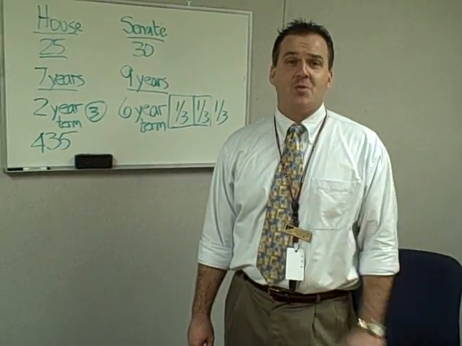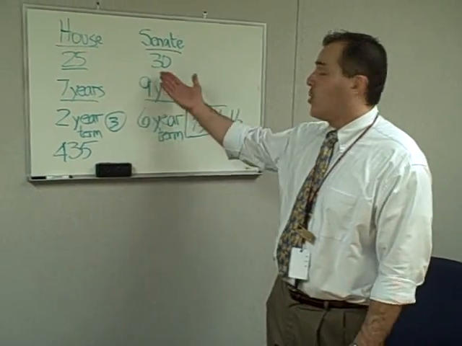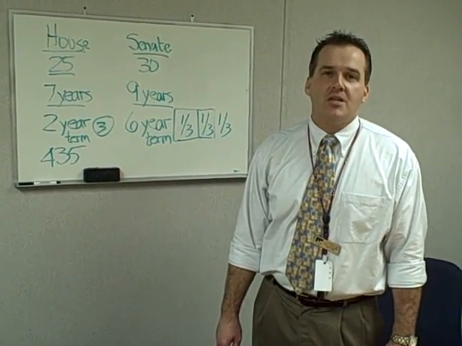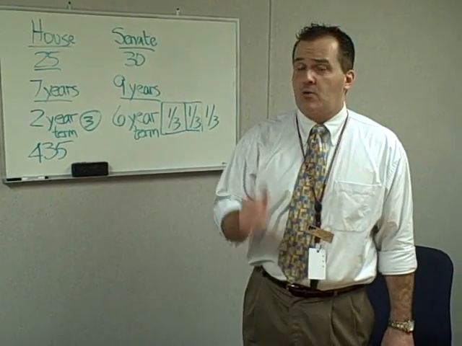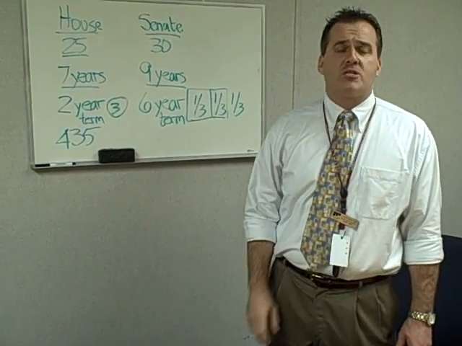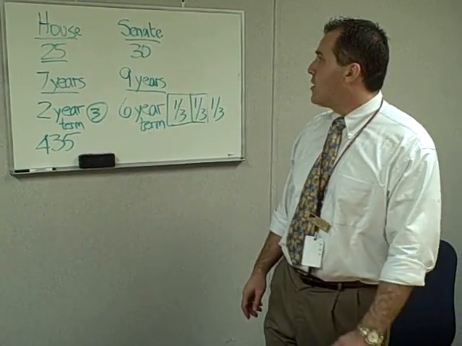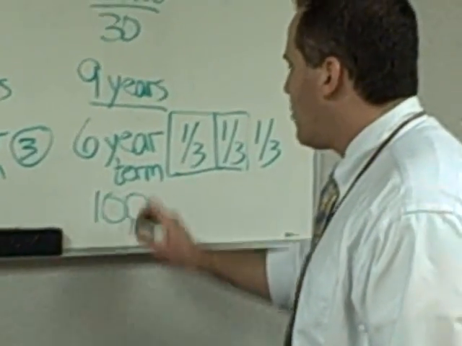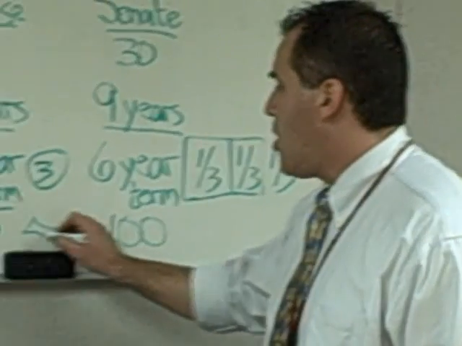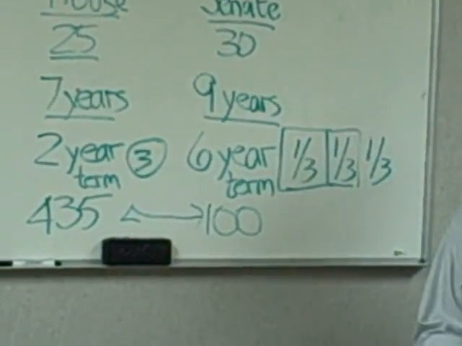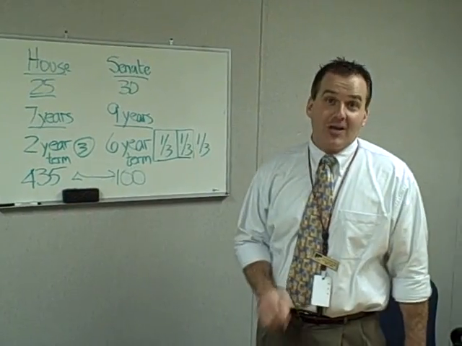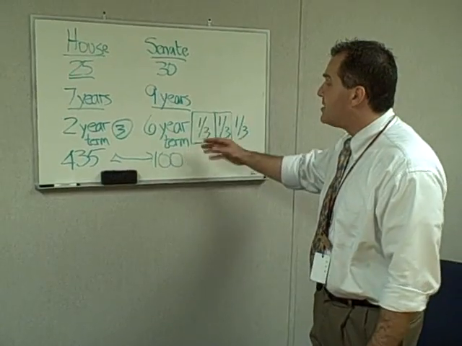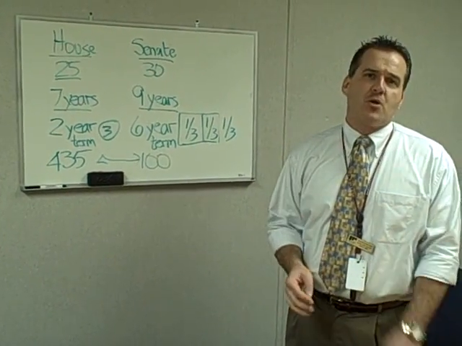The irony is that with President Clinton, a majority of the United States Senate thought he was guilty. They thought he was guilty. But they didn't have the significant majority, which means that President Clinton was A, not convicted, and B, not removed from office. The one last thing that I wanted to give you today, and I did mention this before, the Senate is going to have 100 members. The House, if you recall, has 435. So when you think about this, size in this regard is going to matter, because since the Senate has a smaller membership, then indeed they are going to have more flexibility with their rules.